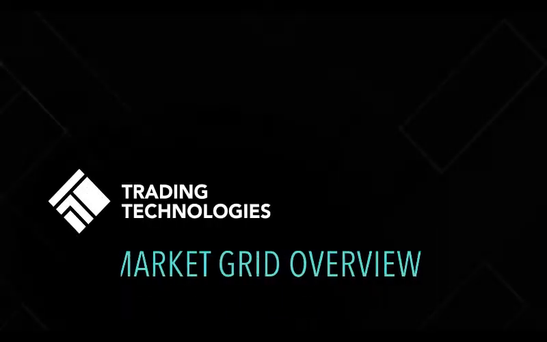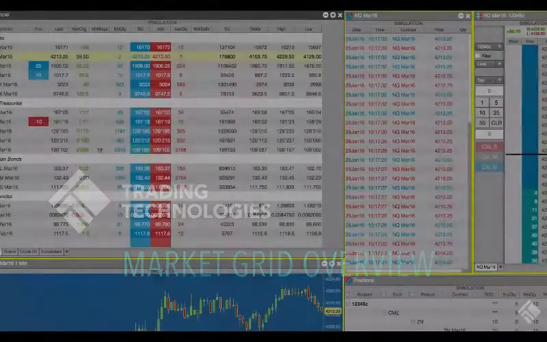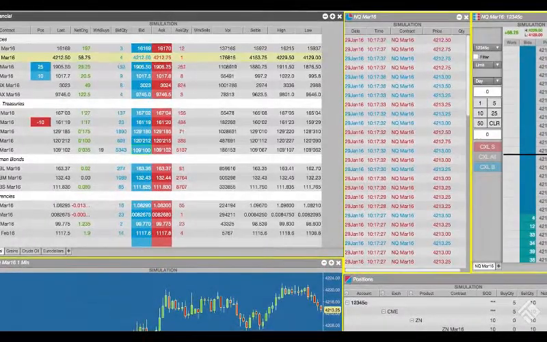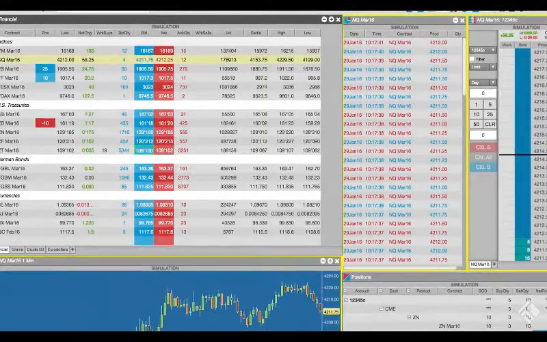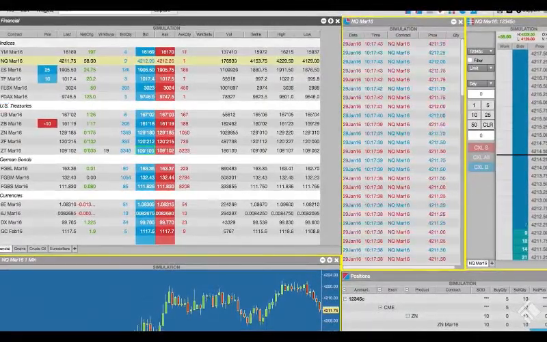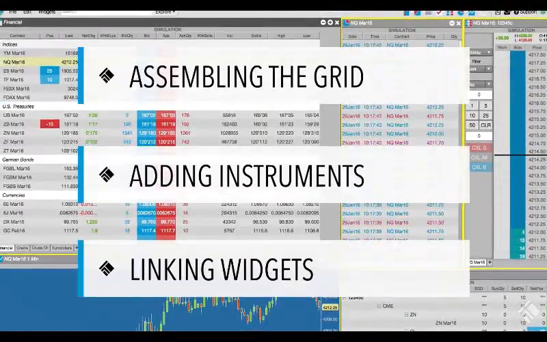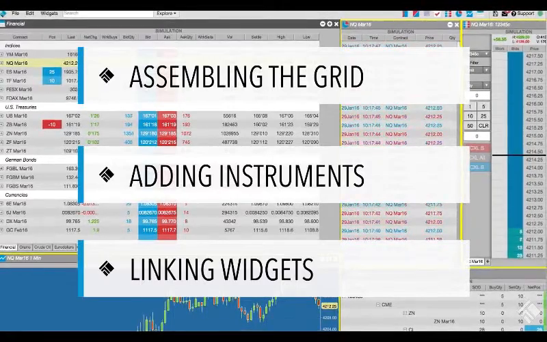The market grid is the centerpiece of many a trader's and broker's workspaces. TT's Market Grid widget allows you to view market data for many instruments across multiple exchanges and organize your display using one or more tabs. In this video, we'll show you how to arrange the display of your market grid, add instruments, and link widgets